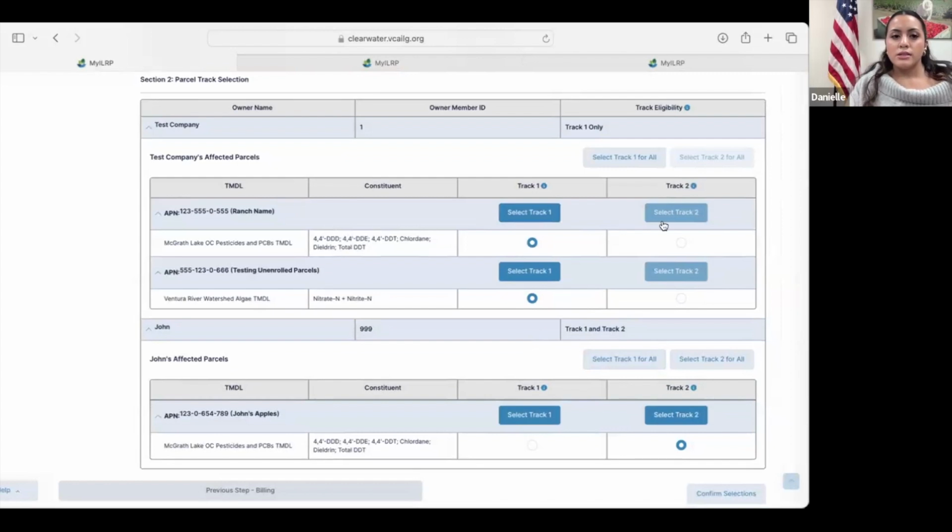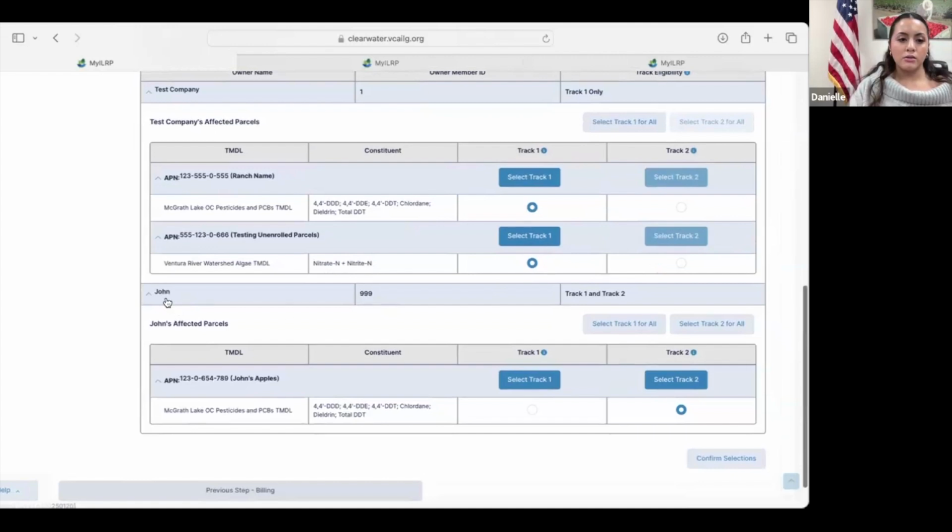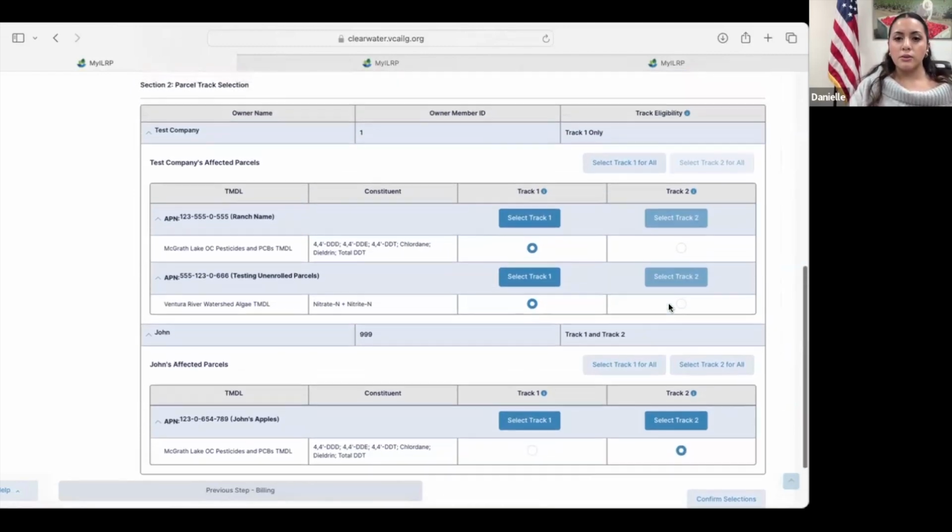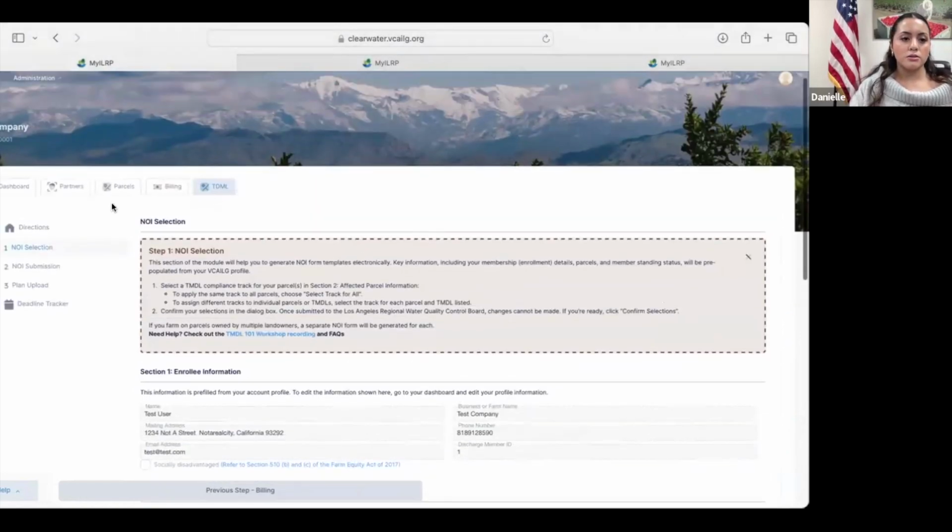And then you'll notice that for the first landowner, Test Company, the track 2 column is grayed out and you can't click there. So this means that this landowner was not eligible for track 2 selection. Meanwhile, you can see that the landowner, John, does have options for track 1 or track 2, meaning that he is in good standing. So to see why, we can go back to the parcels tab,